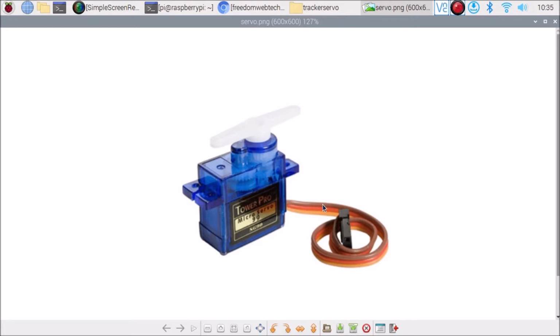The brown one is for ground, the red one is for VCC, meaning 5 volt, or we can say 3 volt. You can connect either with 3 volt or with 5 volt, and the orange one is basically the data pin. So brown is ground, red is power, and orange is the data pin. This is the servo motor color code.